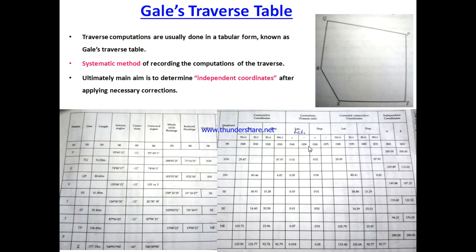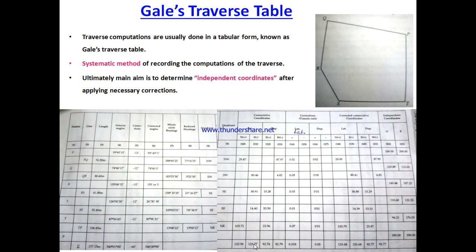So with the help of that, we can actually calculate the correction. Suppose the closing error which I have calculated for this particular case is 0.187, so now how to calculate the correction for each latitude value? For that, I will go by the formula of transit rule, that is the latitude of any line. Suppose I have chosen the line PQ here, latitude of any traverse line 29.87 upon the arithmetic sum of all the latitudes of the traverse lines.